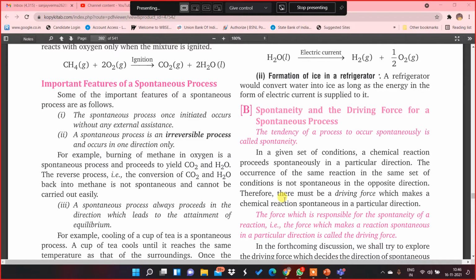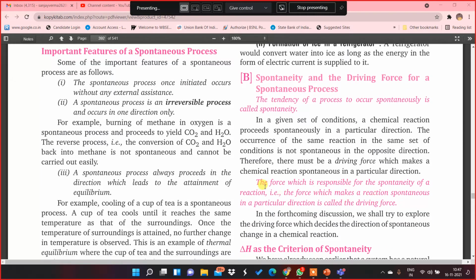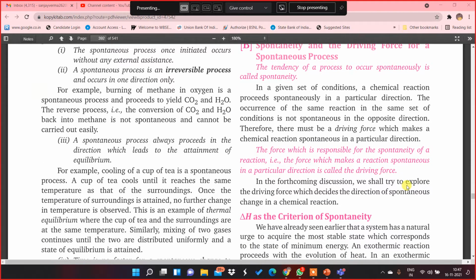Therefore, there must be a driving force which makes a chemical reaction spontaneous in a particular direction. So, the force which is responsible for the spontaneity of a reaction, that is, the force which makes a reaction spontaneous in a particular direction, is called a driving force. We will try to explore the different criteria for the spontaneous changes happening in a chemical reaction